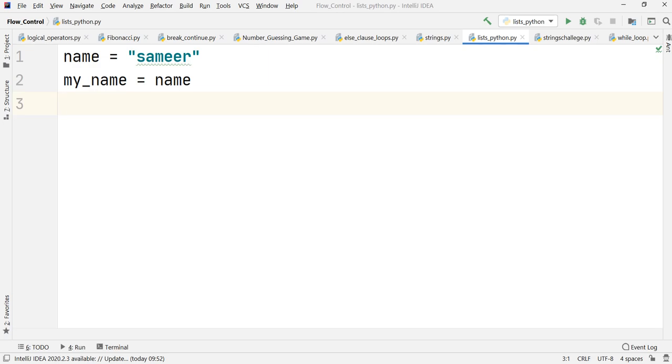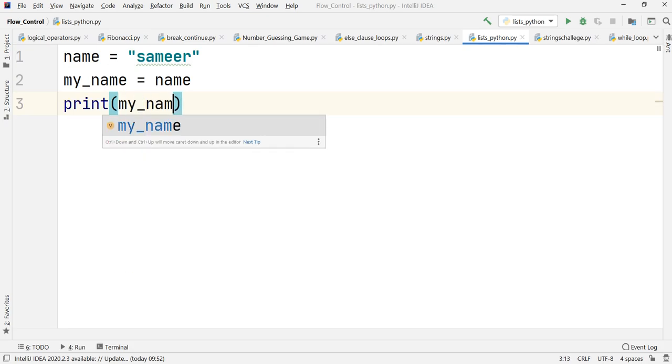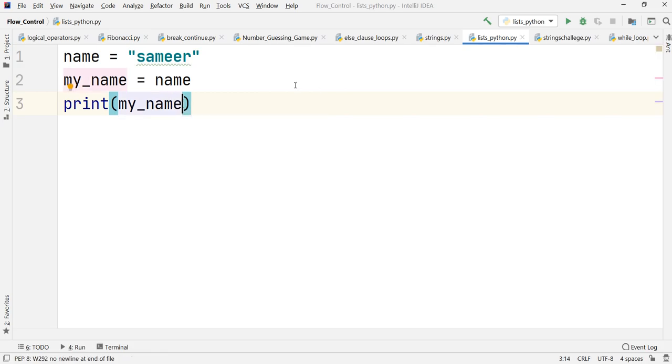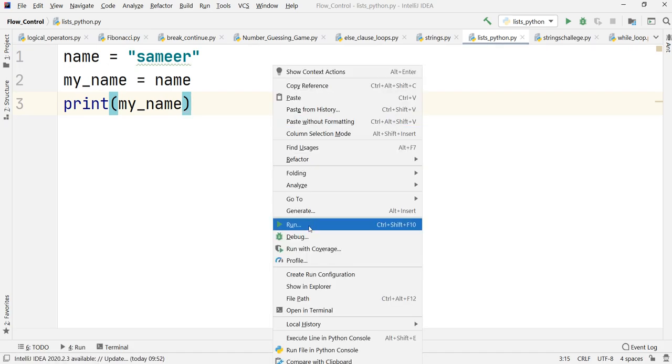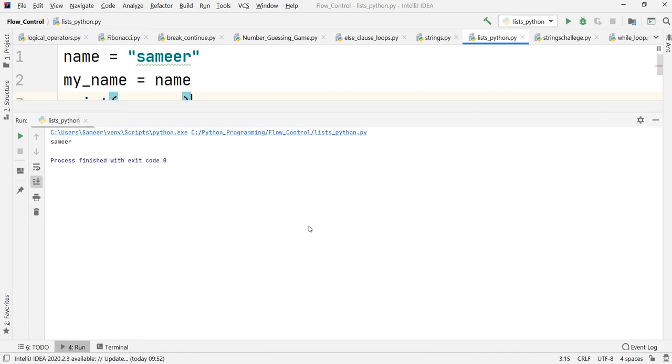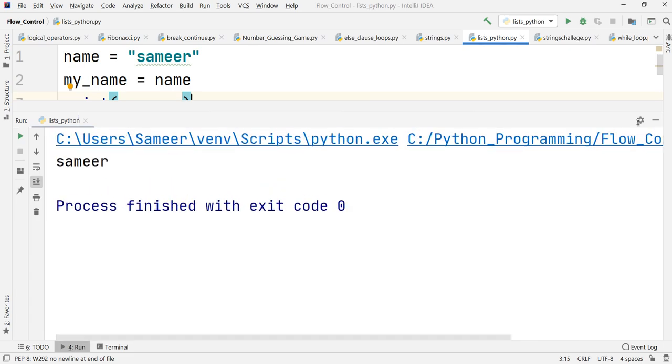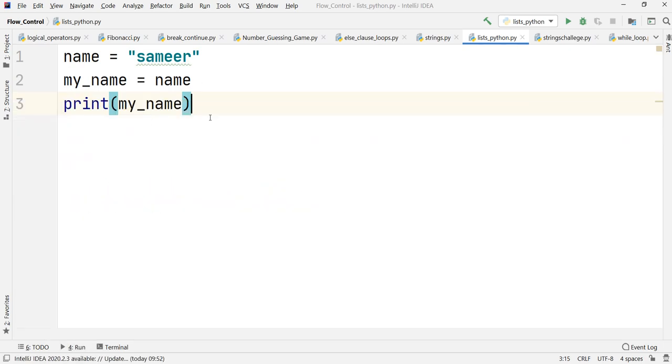Okay, so you might recall what will happen if I just print out my name. Let us do that as well. So I want to print out my name. I suggest you can guess what the output of this code will be, and it is very simple. As you can see, my name will also be equated, because on line number 2 we said that my name is also Samir.